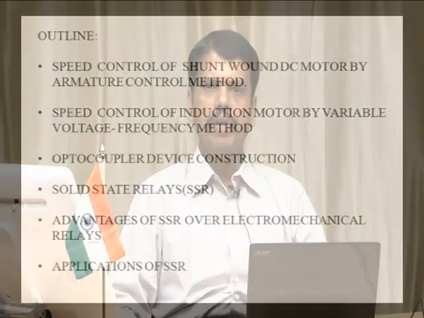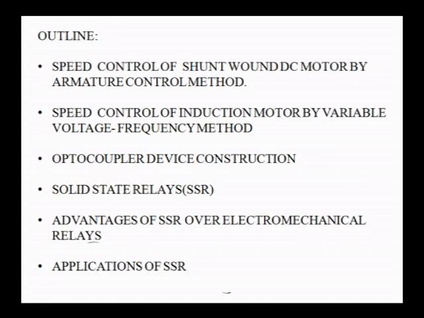We all studied about DC motor in the last semester, the DC shunt wound DC motor, whose speed can be varied by three methods: flux control, armature resistance, and by varying the armature voltage. By varying the armature voltage, we can vary the speed of a DC shunt motor. So, how to vary the voltage? A DC motor requires a DC supply. How to vary the DC supply voltage? By a power electronic device, as we already know, we can vary it by using a rectifier, control rectifier. These are the things we are going to discuss today.